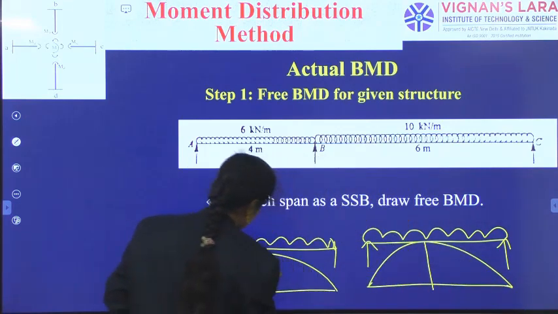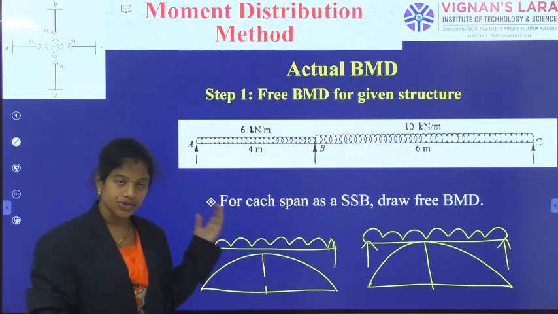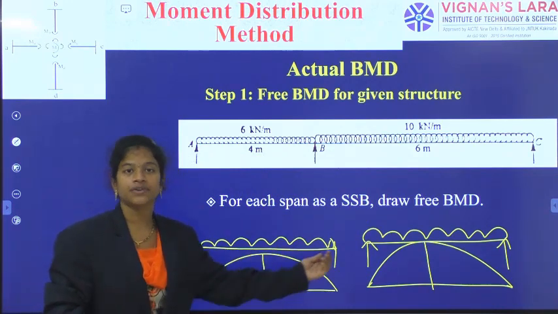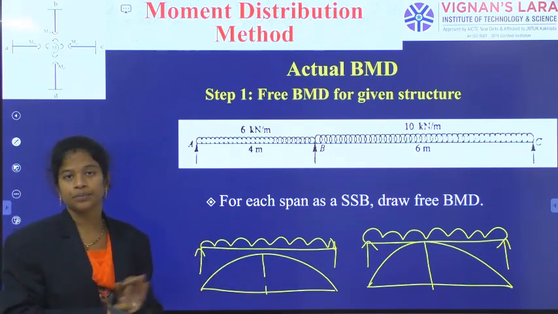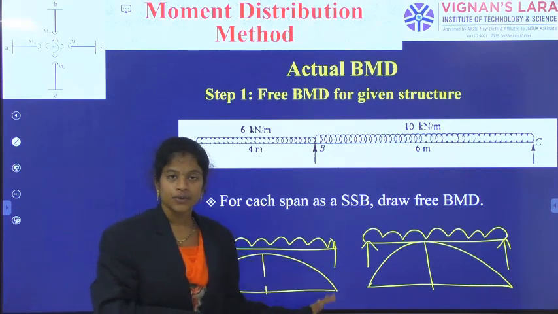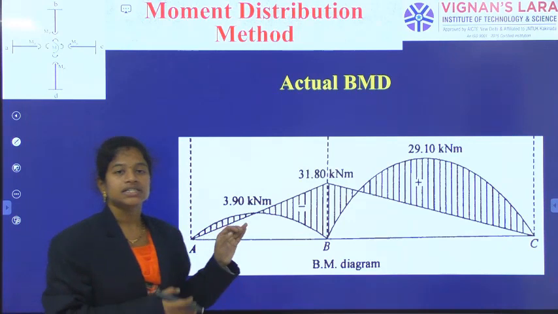The maximum moment at the center we have calculated as WL square by 8 and WL square by 8. You should remember maximum moments for the simply supported beams, fixed end moments for the fixed beams. These two are very important for us. Okay, so using these two we will generate the free bending moment diagram, and merging those support moment diagram and